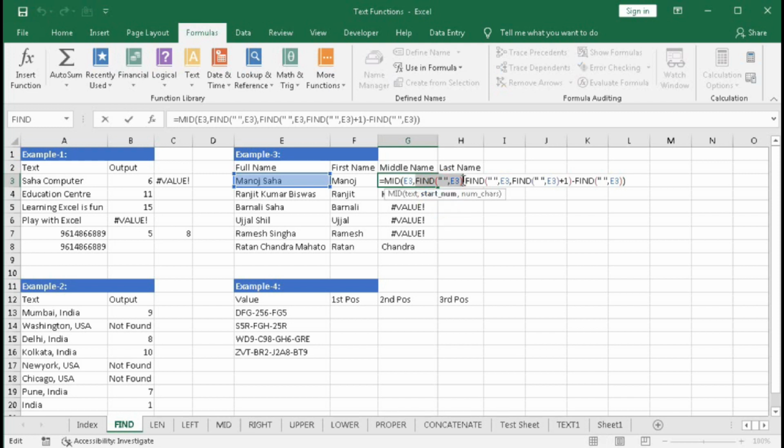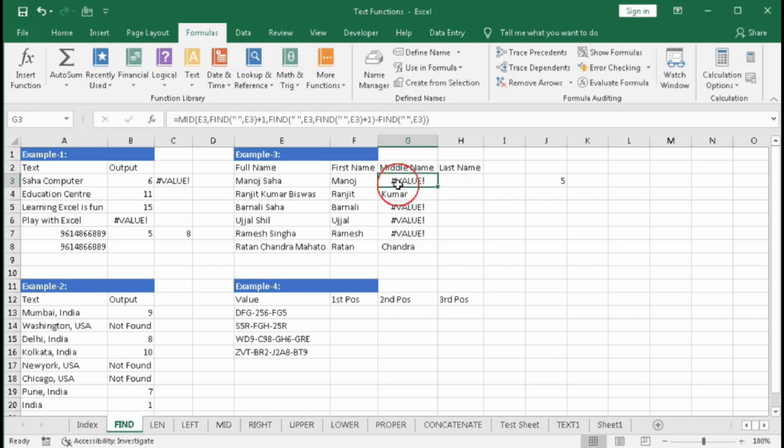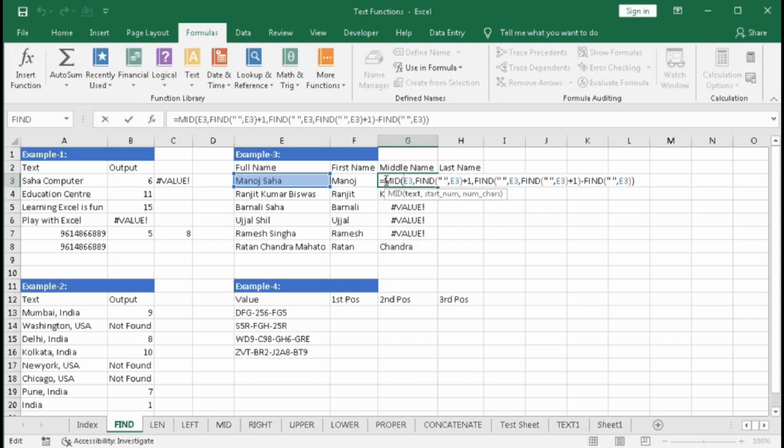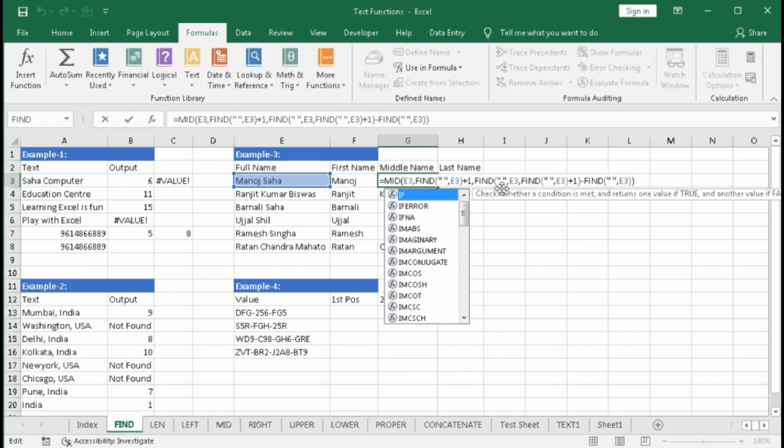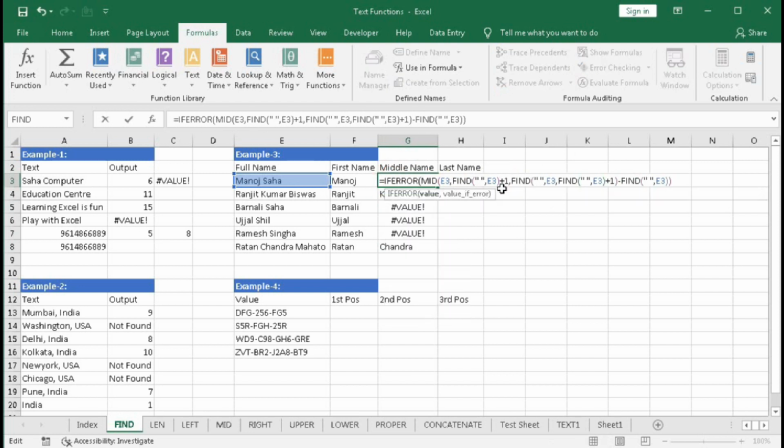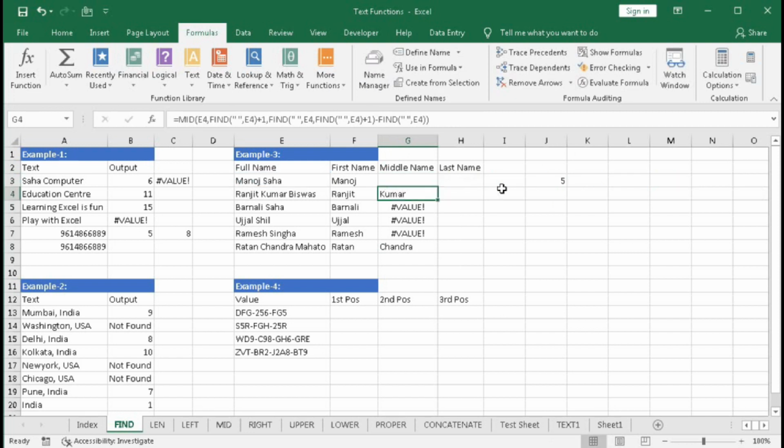Here we have to use +1. Press enter. Okay, now it's okay. So here to remove this error, IFERROR, then go to the end, double quote, comma, double quote, bracket close, enter. So this cell does not have a middle name.